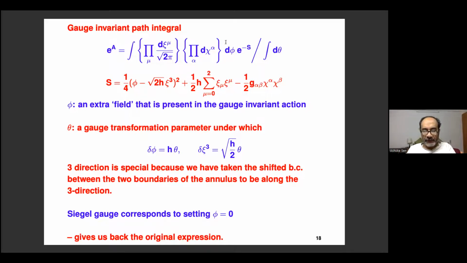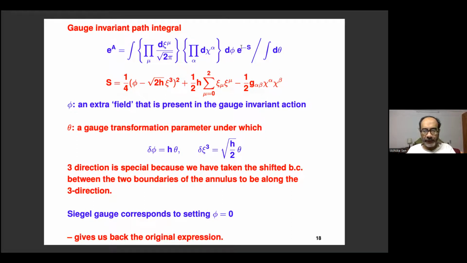So this phi mode, if you are considering bosonic string theory, would be the state C0 acting on the vacuum. That state is projected out in Siegel gauge, but in the gauge invariant form of string field theory, that state will be there. In superstring, there is an analog of this. This is the integration over the string field theory gauge transformation parameter in the massless sector. So this essentially multiplies the vacuum state.